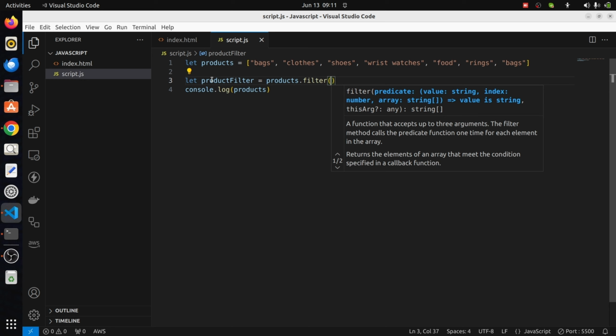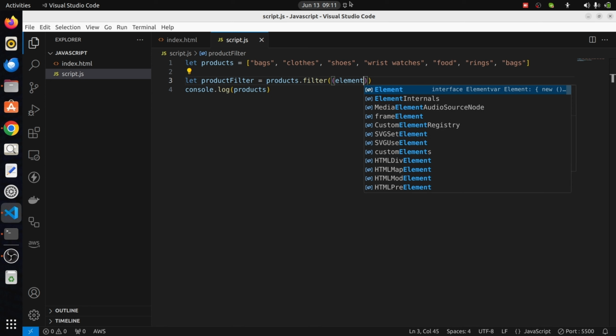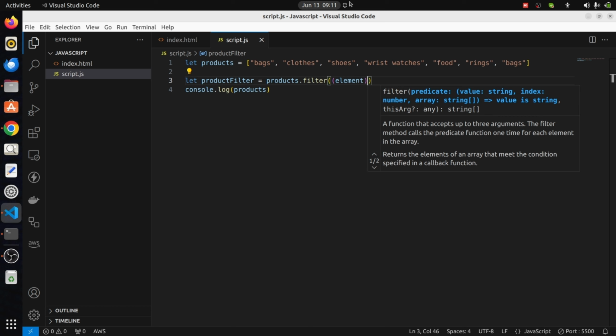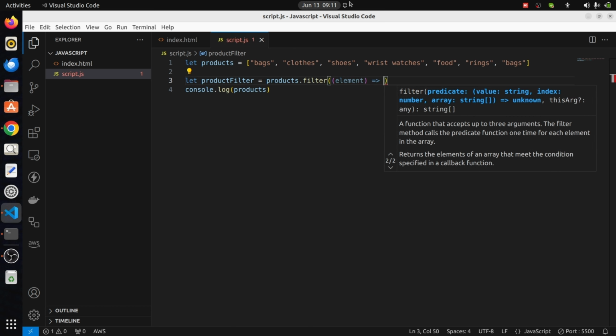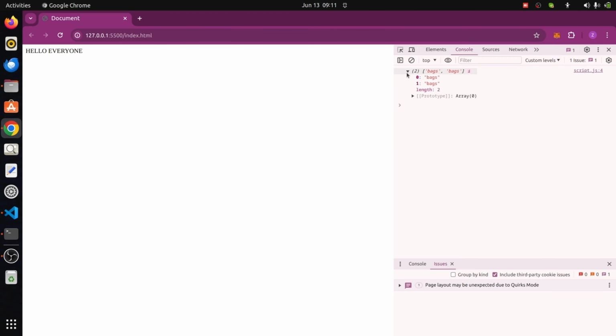So this is where it comes in. E, which is our element, I can just give it a full name of element. This is a variable, right? Good. Then we have our arrow function, right? So this is a variable that we want to use to filter the element, right? So element is equals to bags. So let's output product filter that will explain soonest, and you can see we have bags, which was the beginning